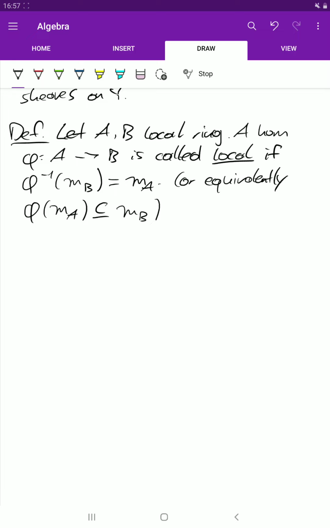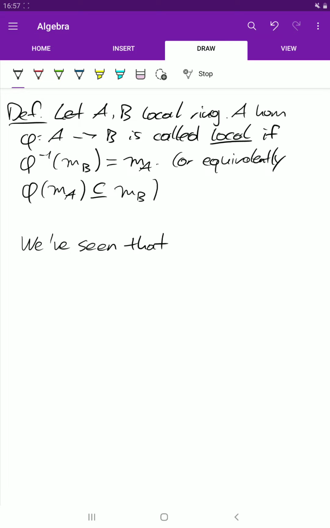And now let me give you a short reminder. So in the last video we've seen that the push forward, so the direct image, is adjoint to the inverse image.